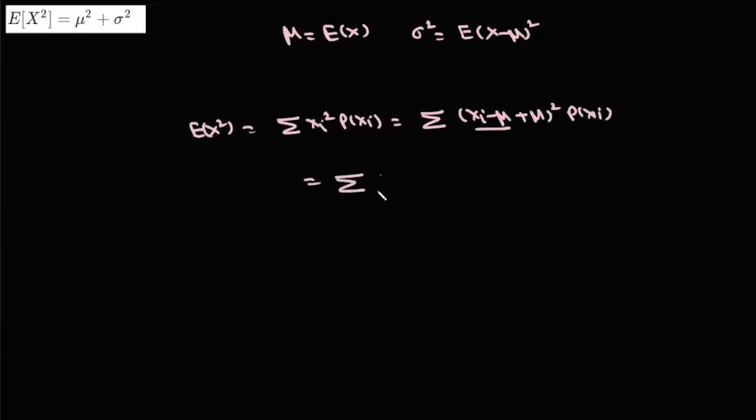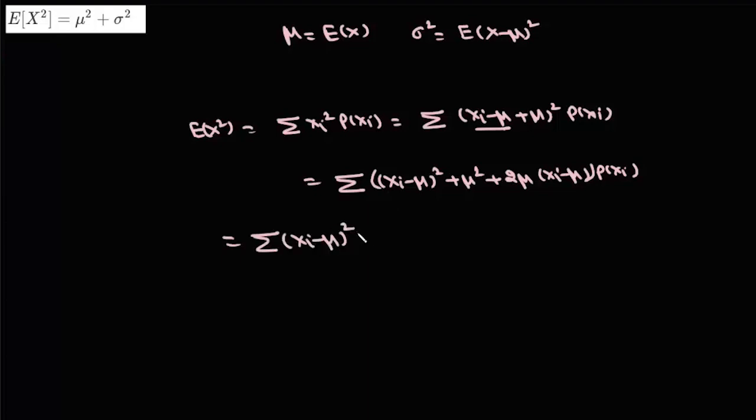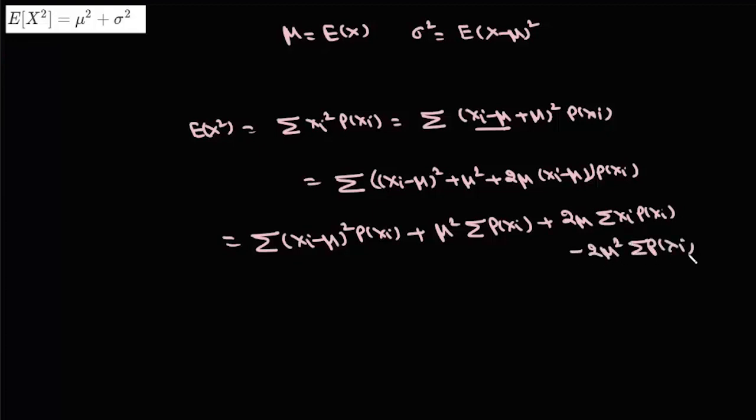अब ये (a प्लस b) होल स्क्वायर हो जाएगा तो इसको हम लिखेंगे समेशन (xi माइनस म्यू) होल स्क्वायर प्लस म्यू स्क्वायर प्लस 2 म्यू (xi माइनस म्यू) इंटू p(xi)। अब इसको सेपरेट कर लेते हैं तो ये जाए समेशन (xi माइनस म्यू) होल स्क्वायर इंटू p(xi) प्लस यहां पे म्यू स्क्वायर कॉमन ले लिया, ये जो म्यू स्क्वायर इंटू समेशन p(xi), और यहां पे हम लिख सकते हैं 2 म्यू समेशन xi इंटू p(xi) माइनस 2 म्यू स्क्वायर इंटू समेशन p(xi)।